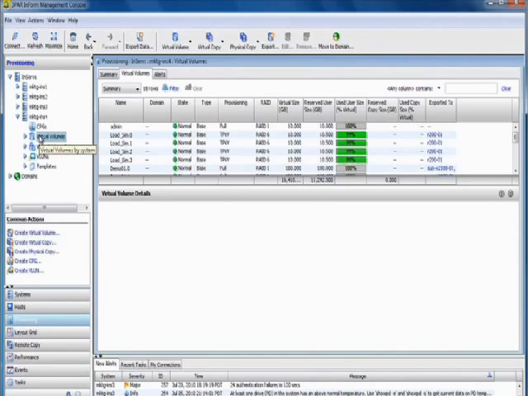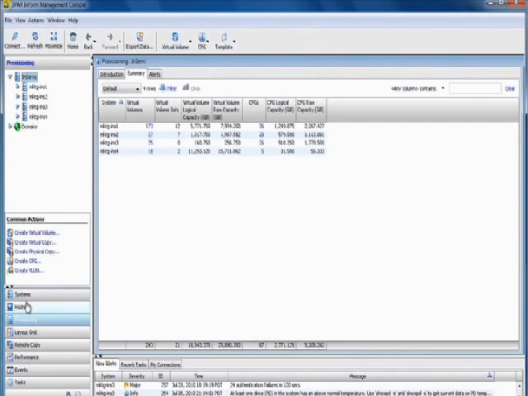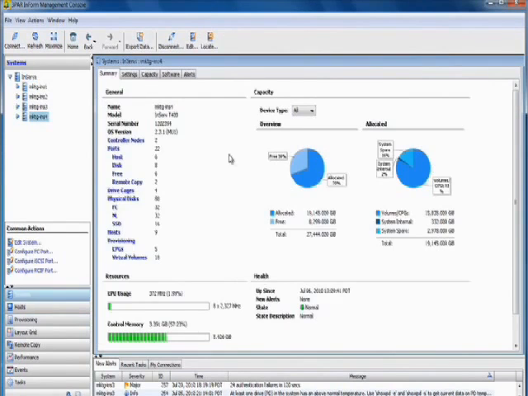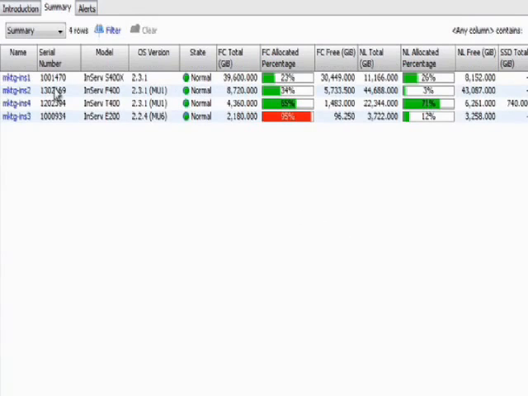One of the other most common actions a storage administrator needs to perform is look at the health and the performance of the storage. So let's first look at the health of the systems. If I click on All In-Serves, and I look at Systems, I get a very quick overview summary of all the systems